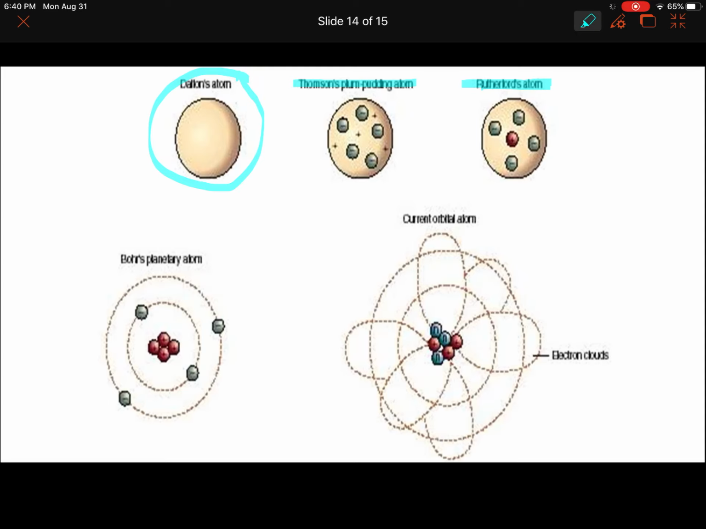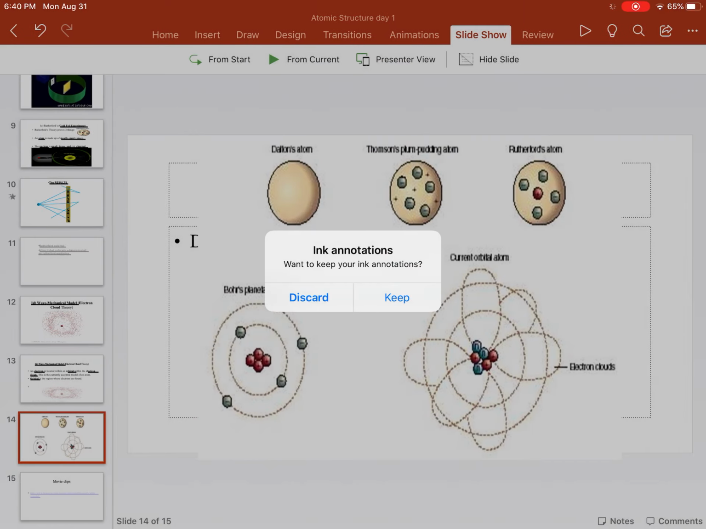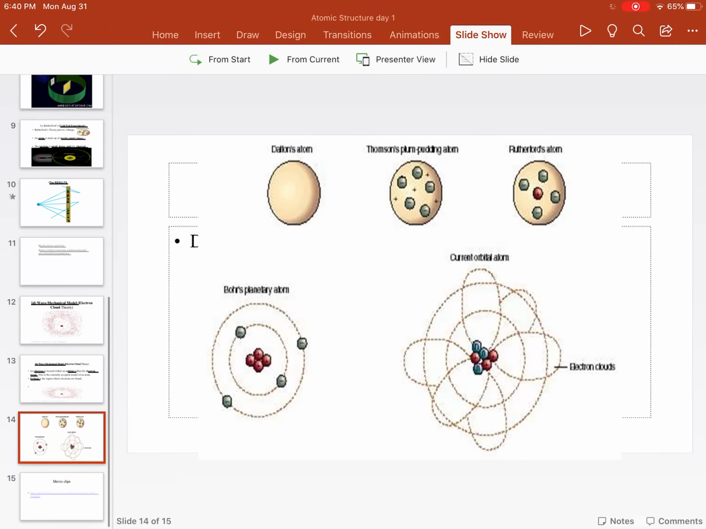Okay? And over here is Bohr's planetary atom. You really don't need to know this, not on the Regents. And this is what we did right now, the wave mechanical model, or the current orbital atom. Again, the electrons are flying around in electron clouds at the speed of light. We don't know exactly where they are. All right. So that is